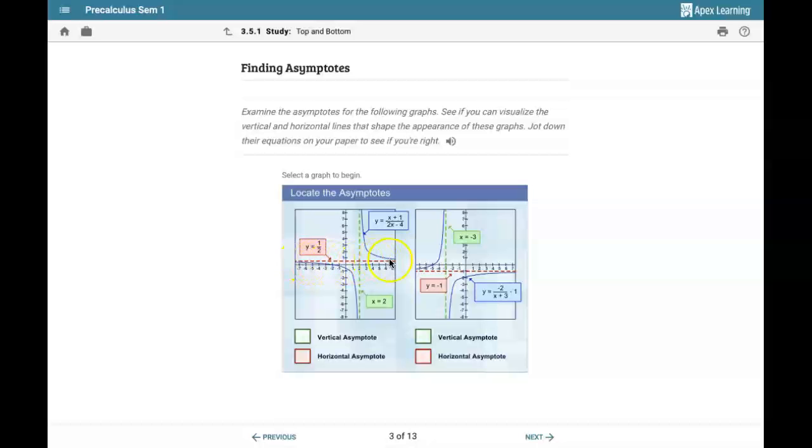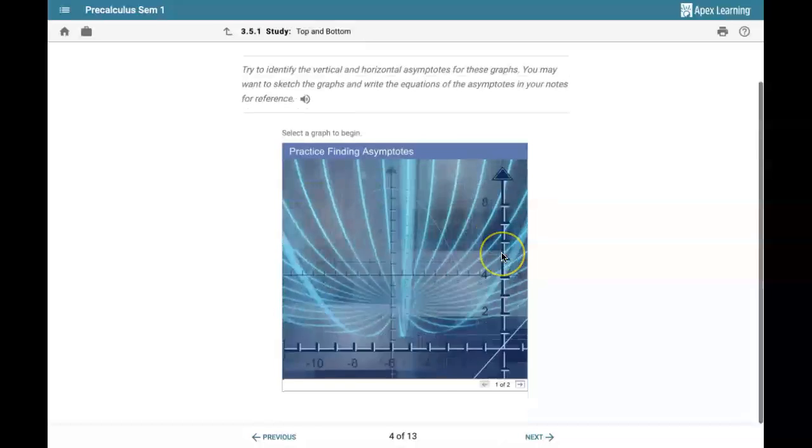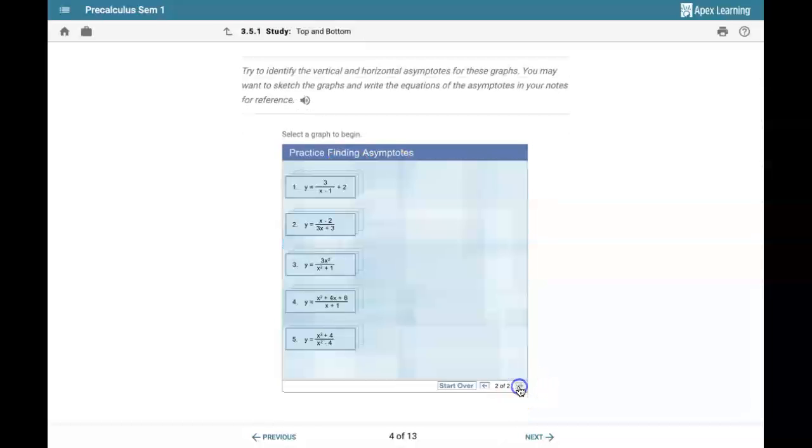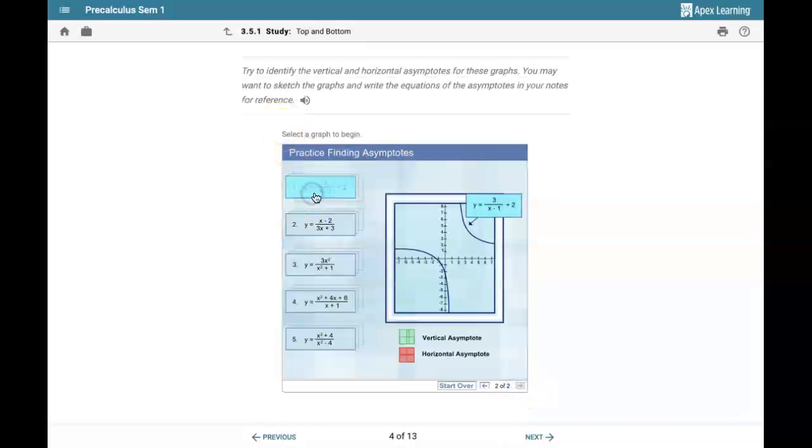So again, it looks like they're getting really, really close. Maybe they're crossing, but they're definitely slowing down and getting really close to it. And so we're going to figure out how we can determine what those horizontal asymptotes are. Again, in my opinion, they're a little bit more difficult, not as blatantly obvious as the vertical ones. All right, so if we practice finding our asymptotes here, if we look at this first equation,